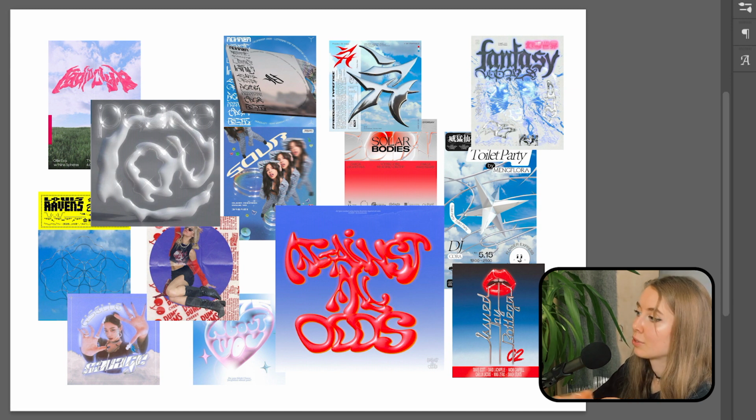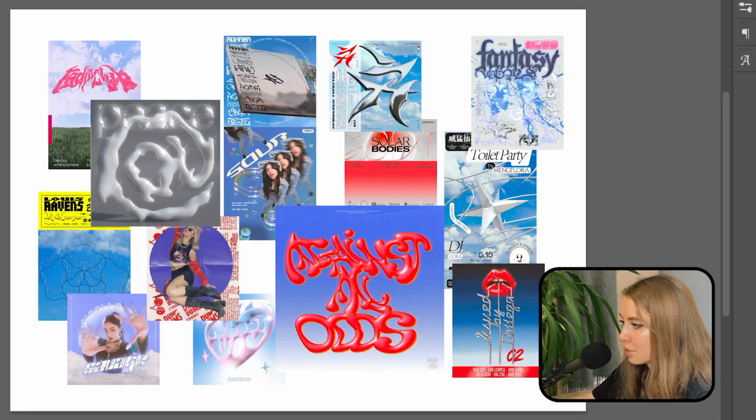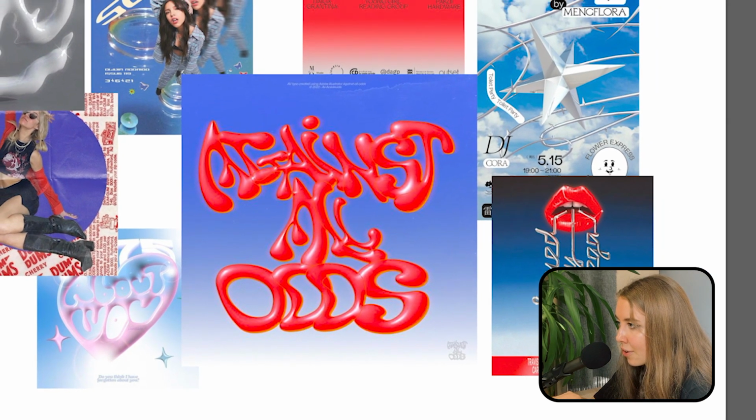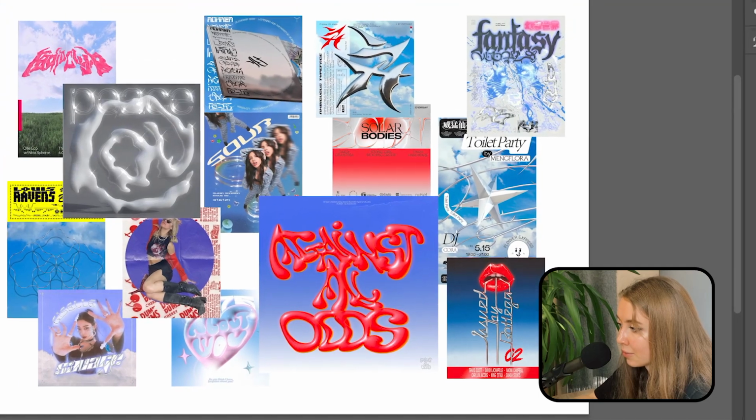So basically, as you can probably tell, the color scheme I want to go for, I'm not entirely sure about red yet, but blue, something that is similar to the sky, I think would work well, because to me it has been associated with something fresh, something new. Yeah, in Y2K style it's been used really often, so I would like to use that. Also, this really bubbly customized type is something I would like to try this time, maybe more of these customized titles. So I would probably have to do a lot of manipulations with the type myself, so it's gonna be quite a challenge, but an interesting challenge. I really like the results of it, so I'd like to try something like that.